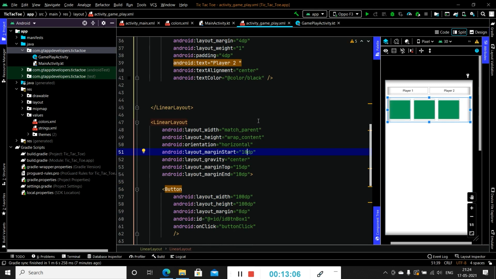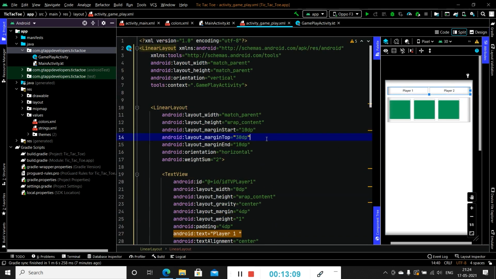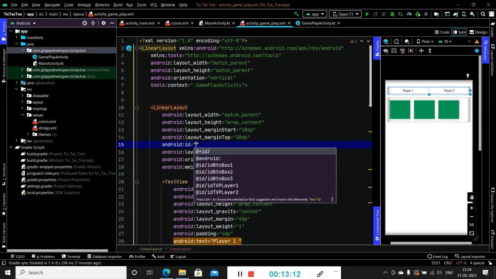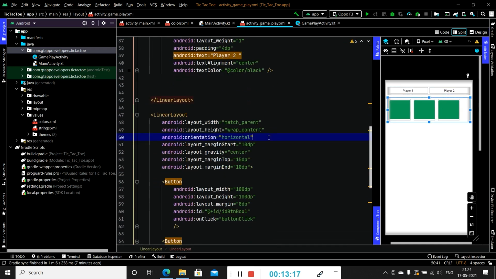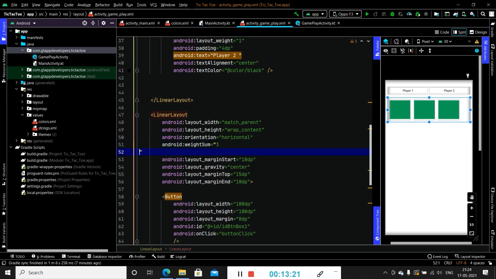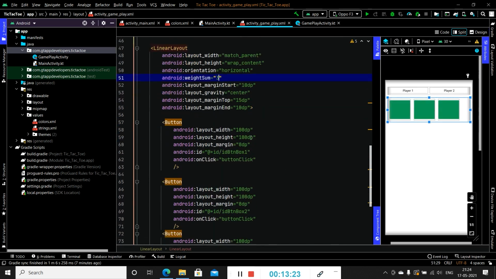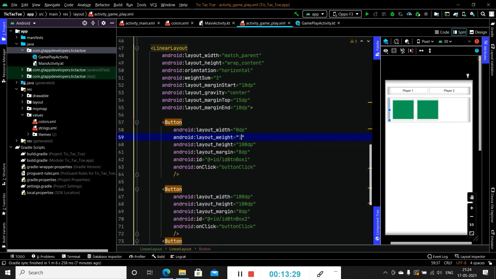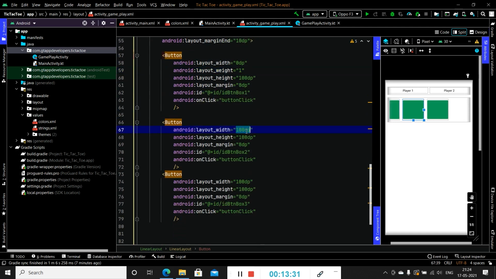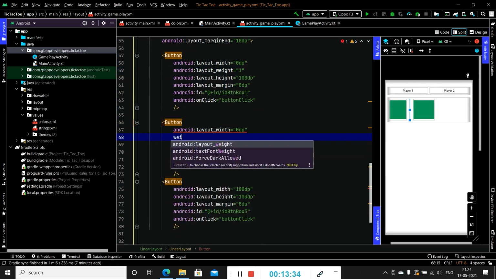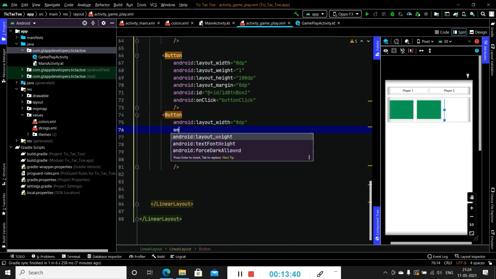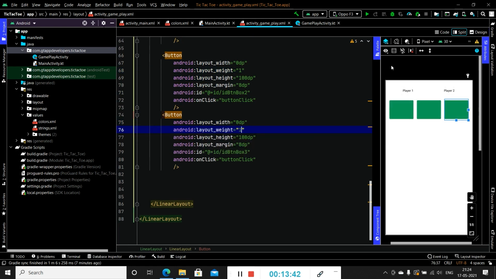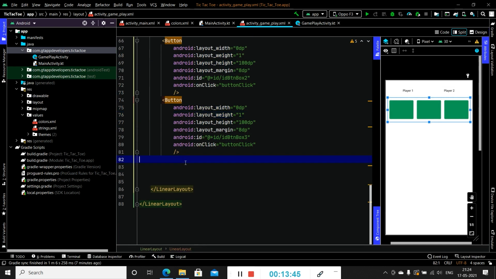So first of all we will add ID to this. Rather than that we can simply add the weight sum to it as 3, and instead of width we will specify width as 0 dp and equally align using the weight. Here also we will change width and specify weight as 1. Now we have created the 3 boxes.